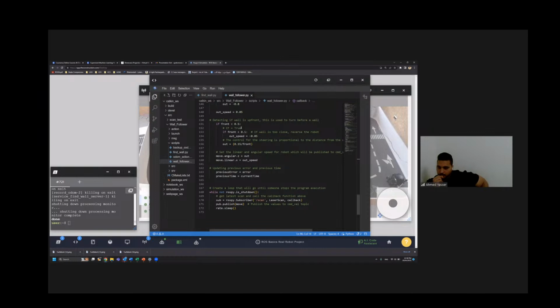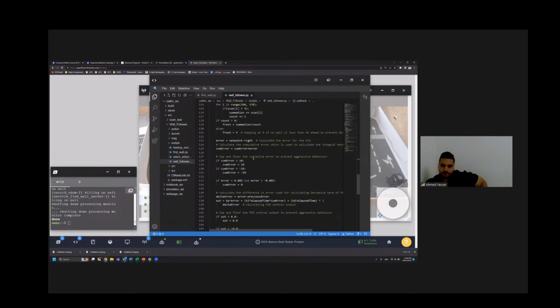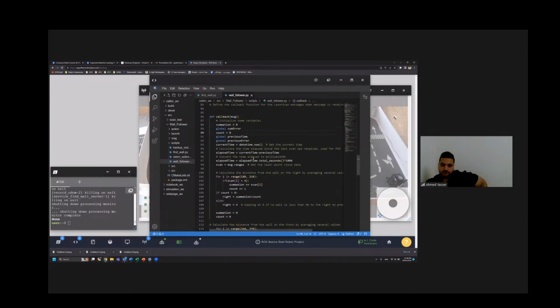is for this callback. Usually the callback code should be very short code. You should not put your control inside the callback. The callback usually has to be just to capture the data that it's providing from the topic, and then put it into some variable that in some other part of your code is going to be used, because the end of the callback should be very fast in order not to skip